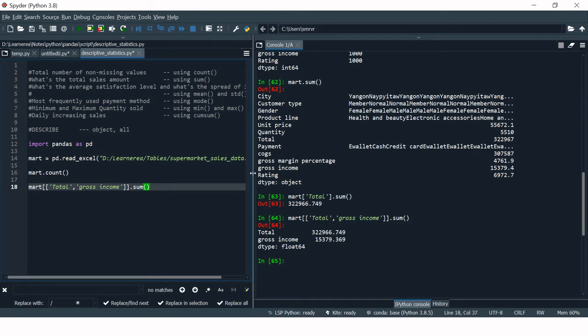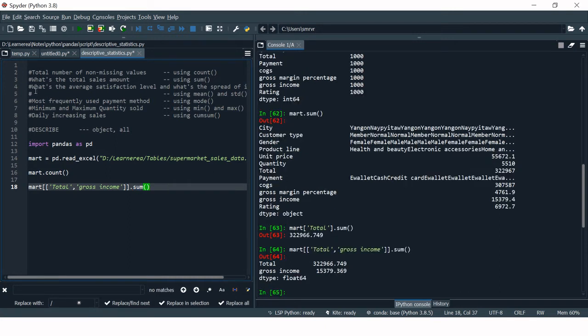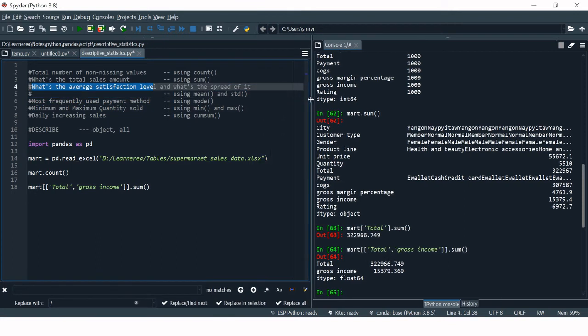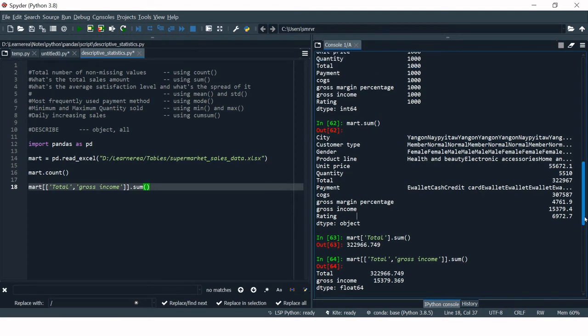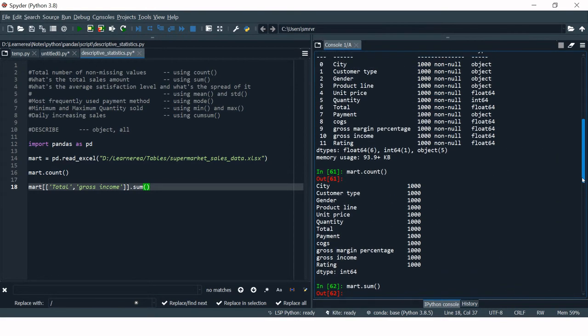Now the third problem statement is: what is the average satisfaction level and what is the spread of it? So here we are trying to find the mean of ratings. Here you can see the rating, but this shows the sum of all the ratings, which does not make any sense because rating values are not something which needs to be summed up.